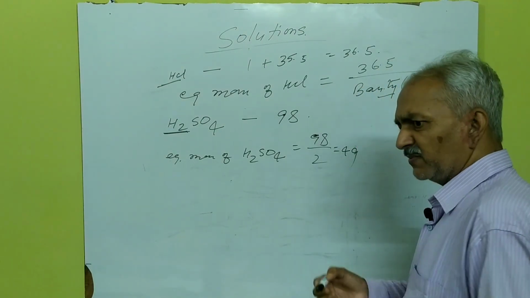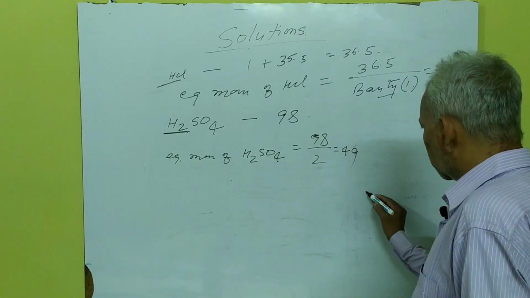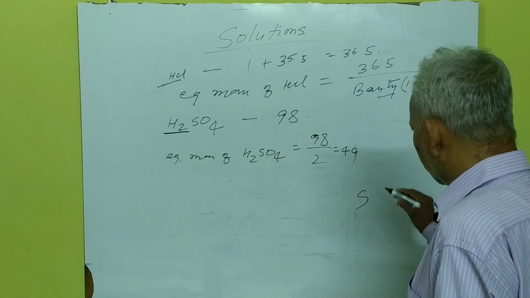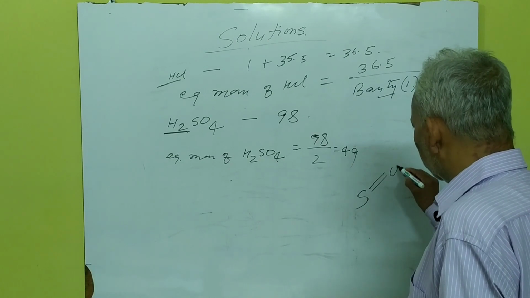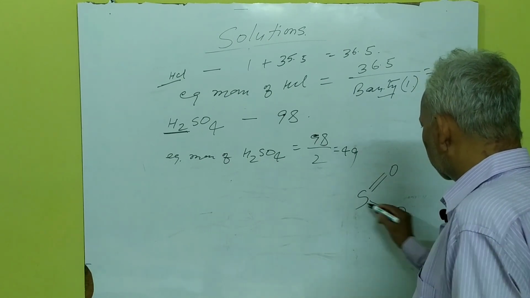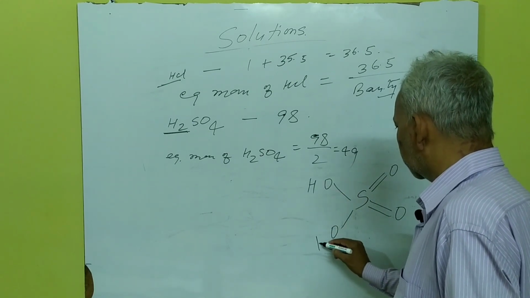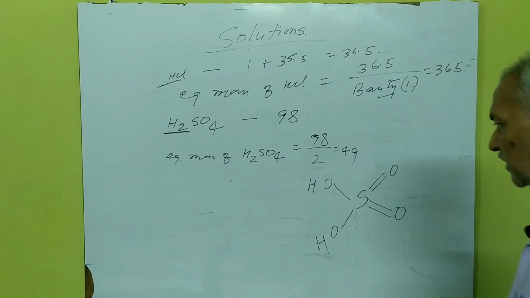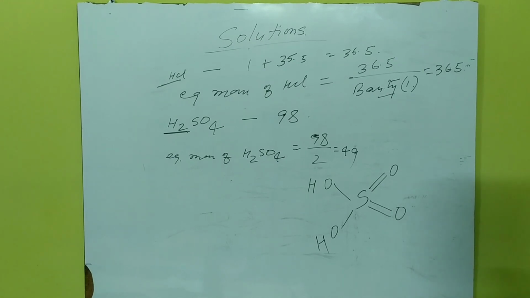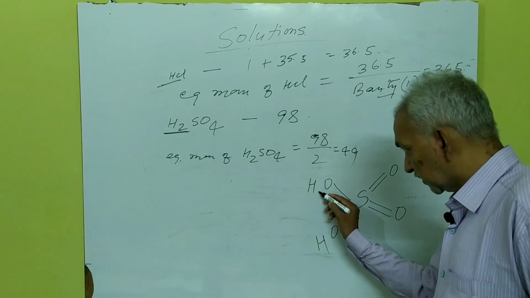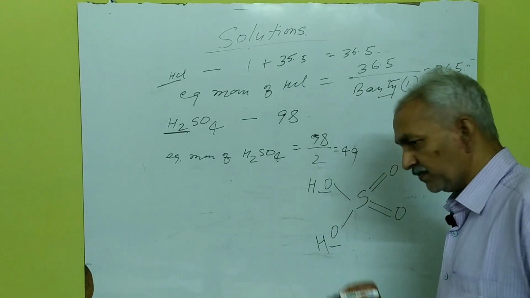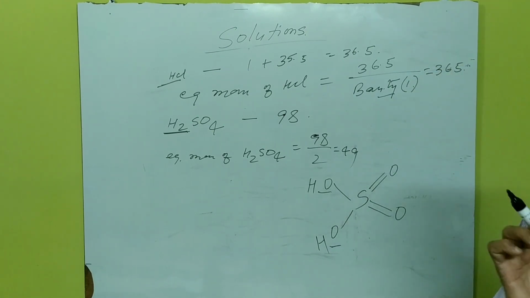When we draw the structure of sulfuric acid: S, with a double bond to O, another double bond to O, OH, and again OH. This is your sulfuric acid, H2SO4, right? So the number of H+ ions, or better, the number of protonated oxygen atoms. Another term I am including here: how many protonated oxygen atoms are there in an acid,